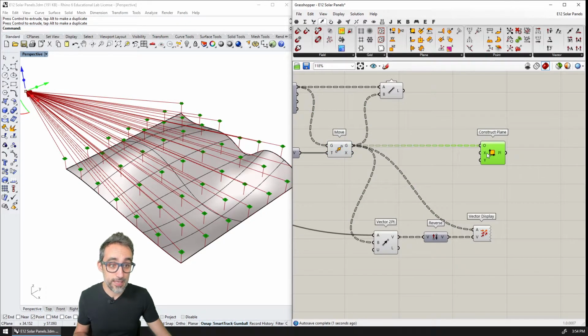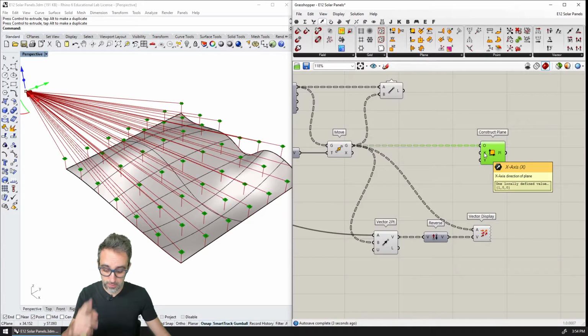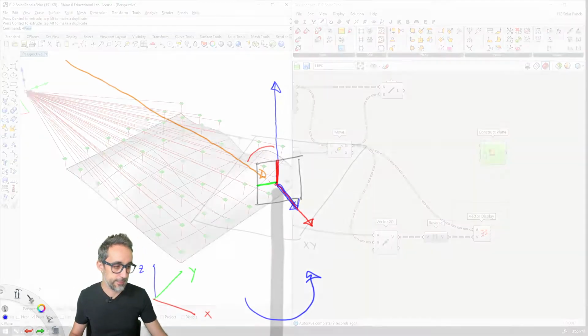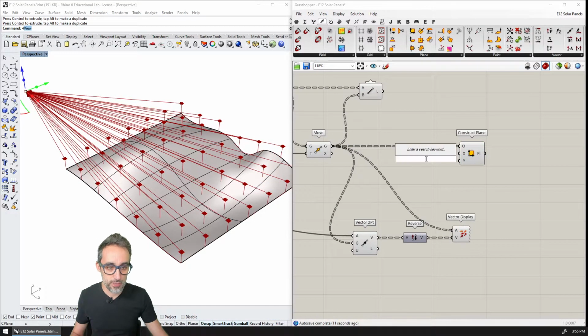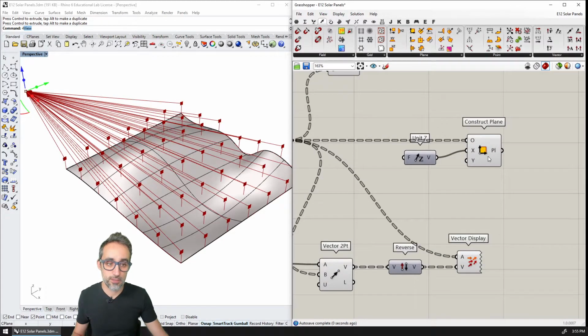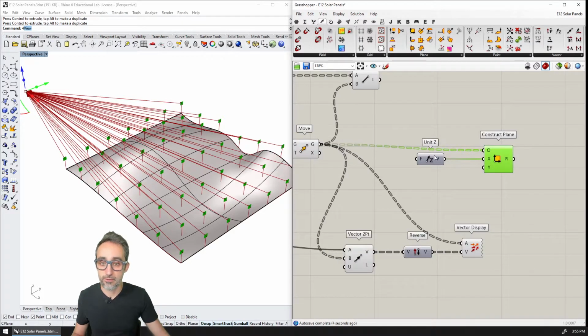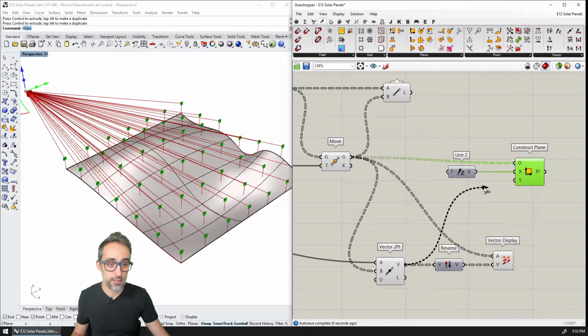Then the main x vector, as we discussed, is going to be a simple z vector that is going to stick up in the z direction. So I can just use a simple unit z vector, no more complications. And then the y vector is going to be the sun vector.